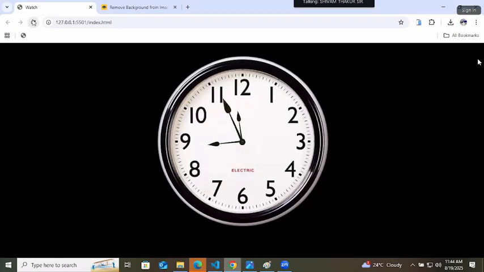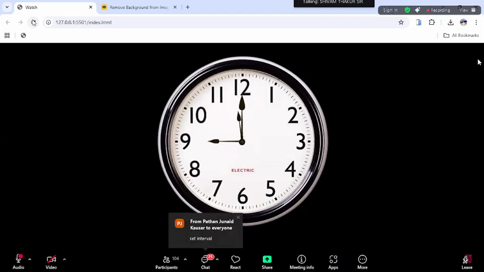See, every time the second hand changes, but we want it to change automatically, we should not refresh. Yesterday I told you one function that executes after every second: setInterval. Write that function again.